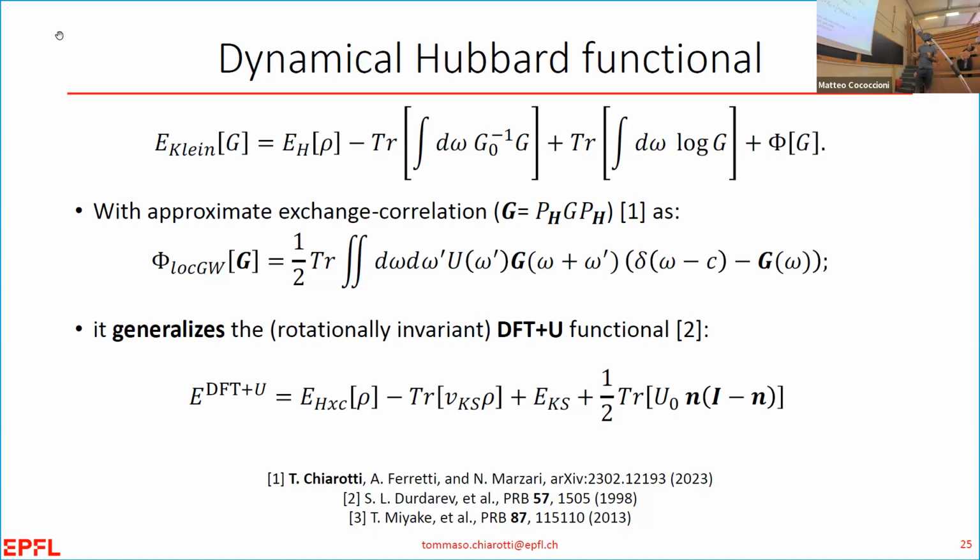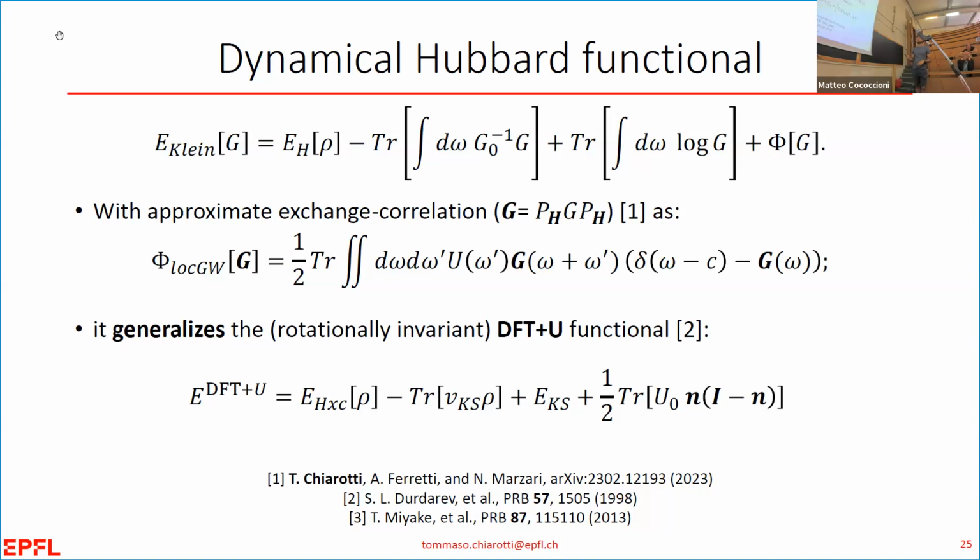And exactly as happens with Kohn-Sham DFT, there is a term that you don't know, and this term is exactly the exchange correlation term that you need to approximate. All right, so what do you do when you don't know? You just sit down and write an exchange correlation term and hope, let's say, and physically analyze if this makes sense or not. Okay, so this is the term that we wrote. All right, so this is the phi functional that we discovered to be localized GW.